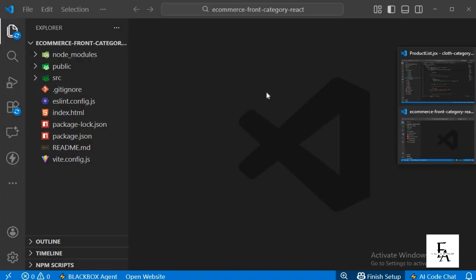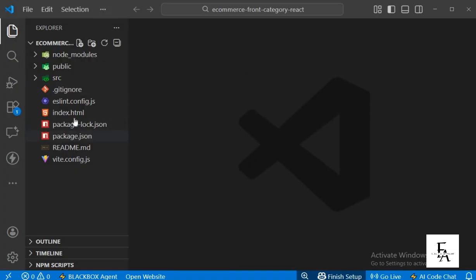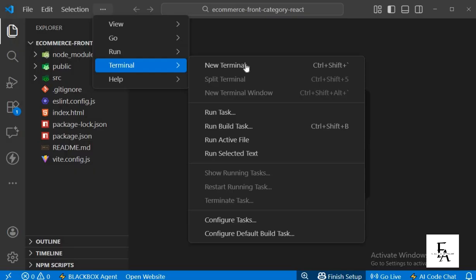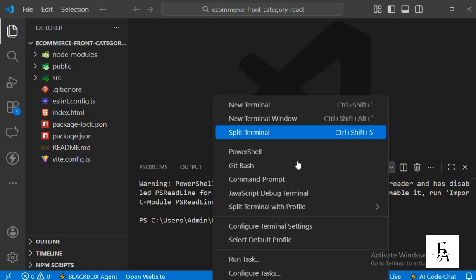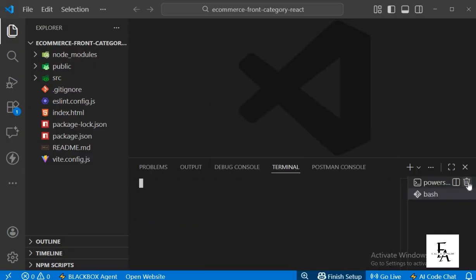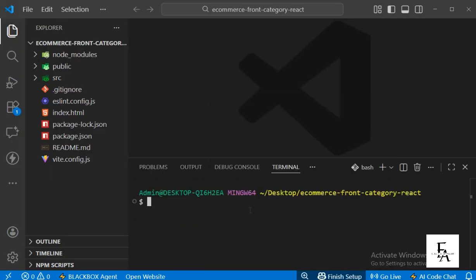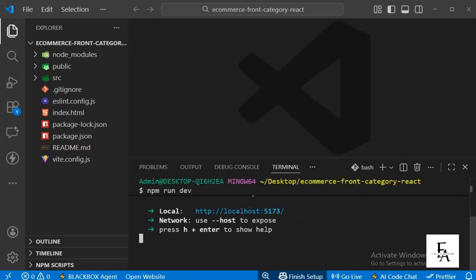Okay, so now we have all the node modules, public folder, source folder, .gitignore, every single thing is right here. So now you need to navigate to terminal, open a new terminal for this new project folder. I'm going to be using Git Bash terminal. You can use PowerShell as well. And then we're going to type in npm run dev. So this is going to start the server so that we can see what we're building